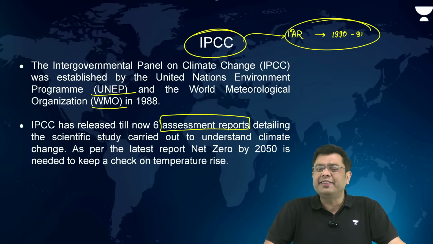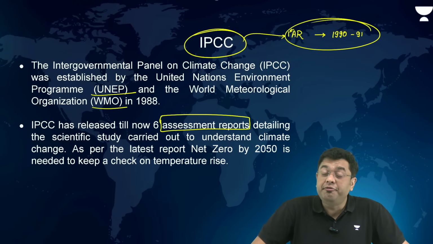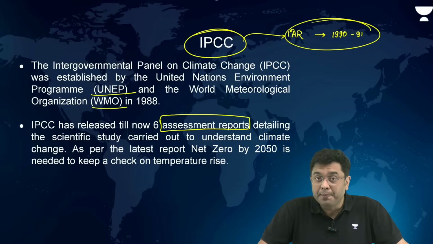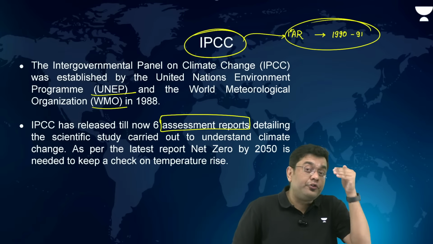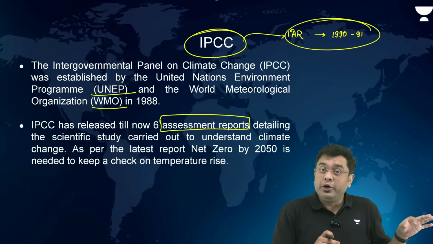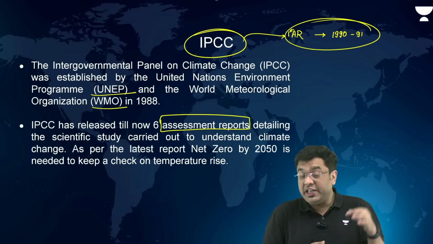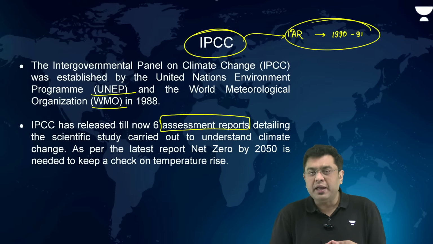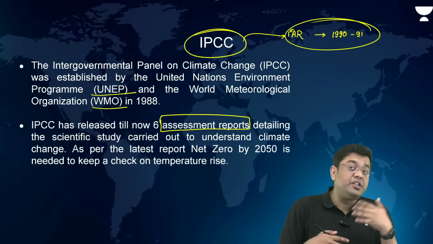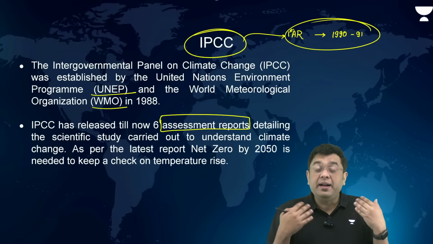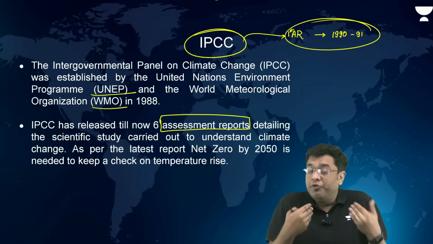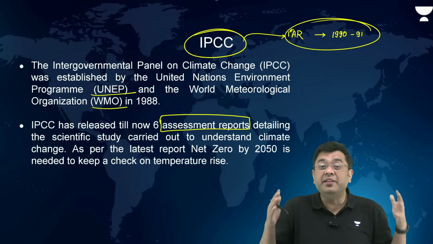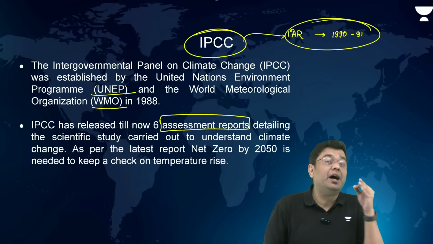Now, this assessment report painted a very gloomy picture of the world. It basically said that if immediate action is not taken in order to stop the events of climate change and in order to prevent global warming, we are looking at global destruction, rising sea level, destruction of habitats, and eventually the human population will also be impacted. Now, the world had never seen such a comprehensive report. So the world got alarmed.